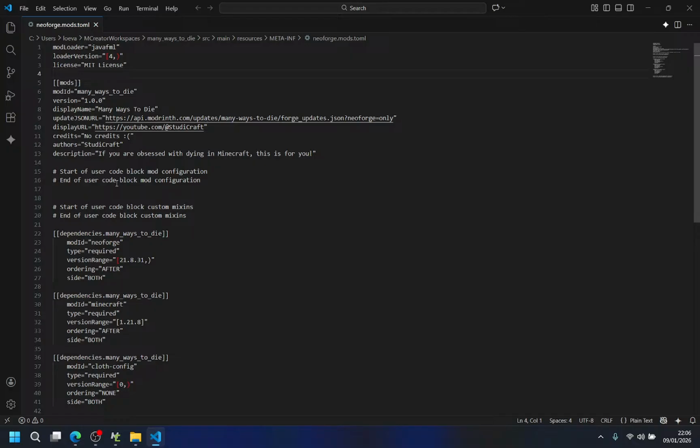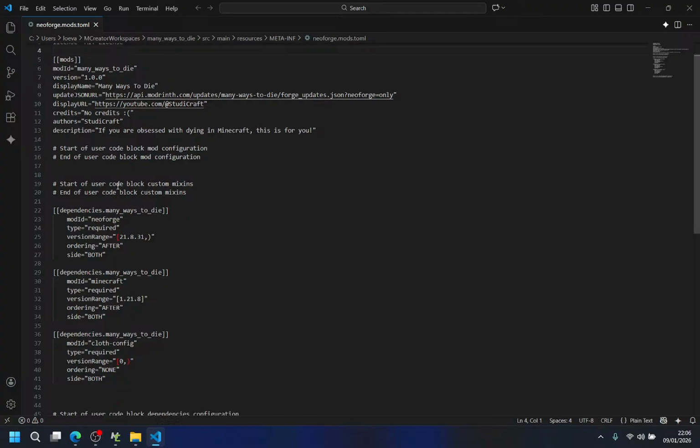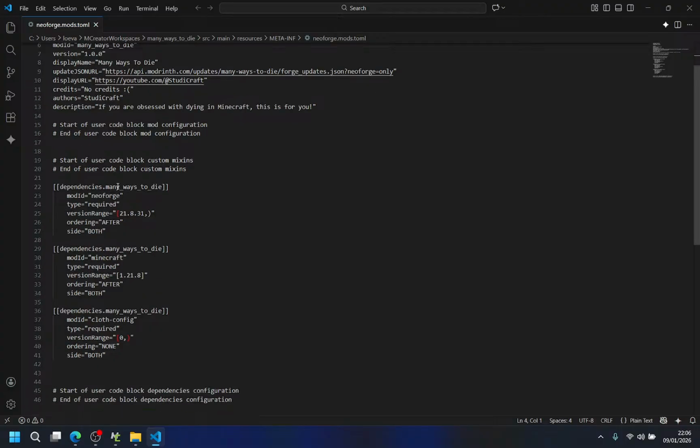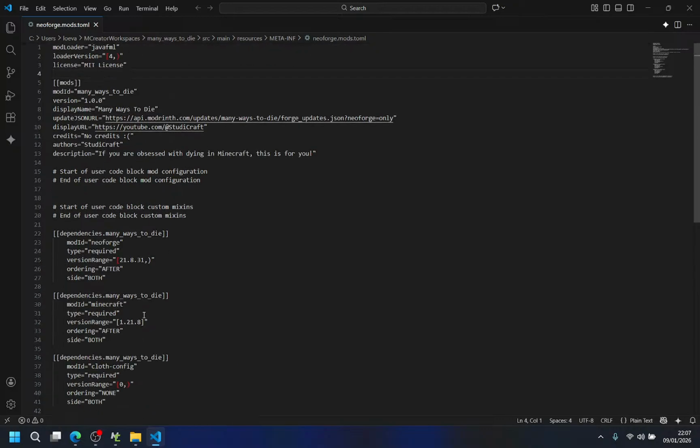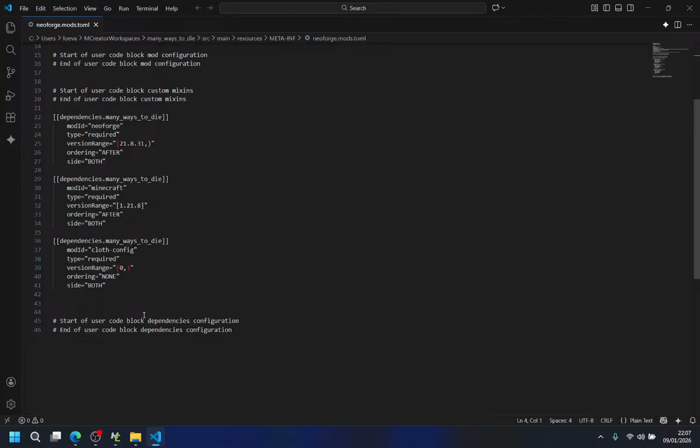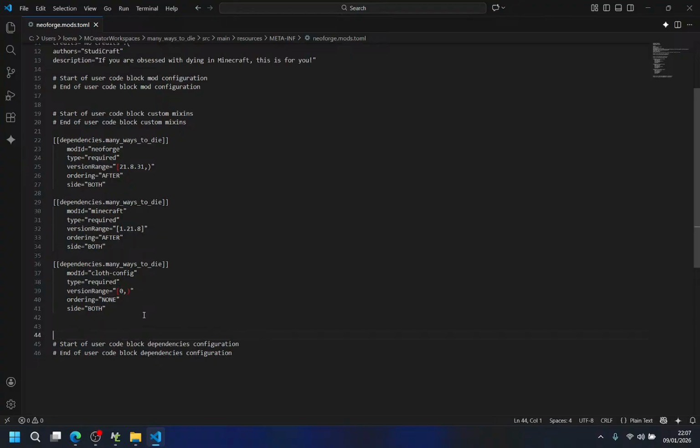Load the version, format, load the Java FML. Mod ID neoforge. It doesn't have Tamil support integrated, which is sad. That's okay. Mod ID cloth config, required version range.